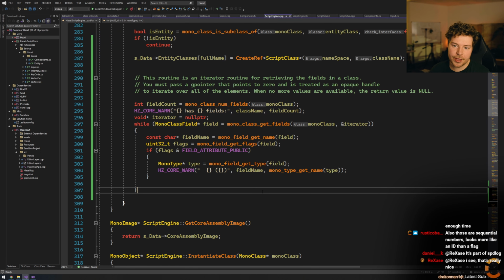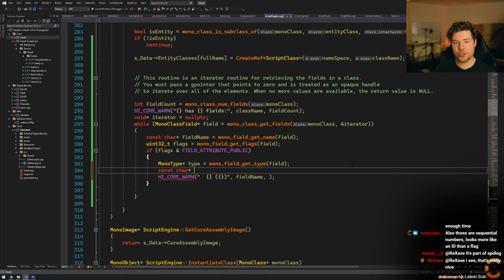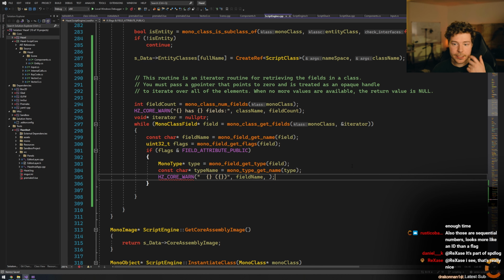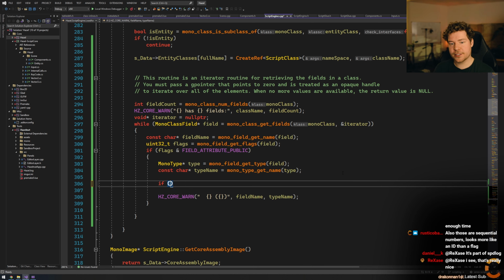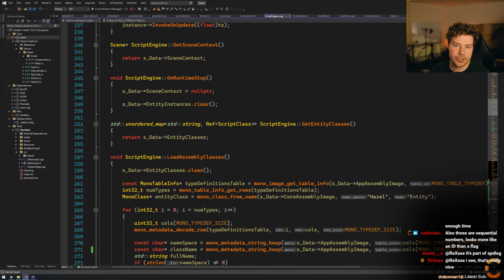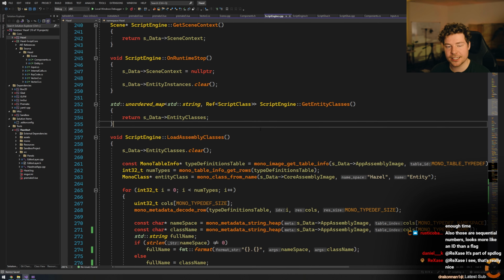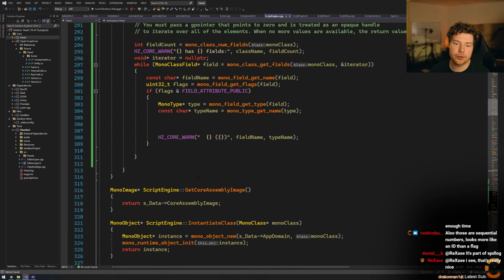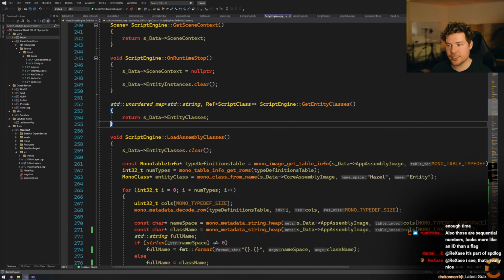And so, for example, with that float thing, what we could do is get the name, so const char type name is that, right? We'll leave the logging there for now. It depends how you want to do this, I guess. We could have some kind of map that converts that monotype into a Hazel type, because I don't really want to deal with it as a string. But we could have something like, if we just take a look at